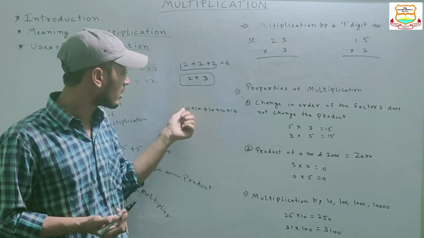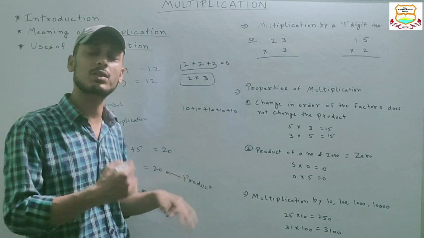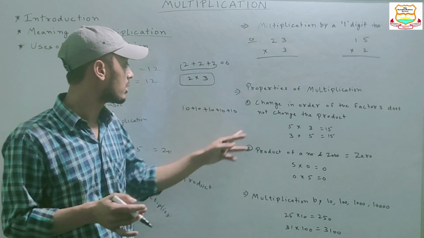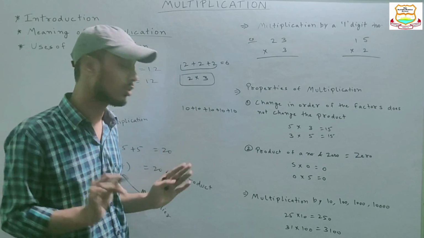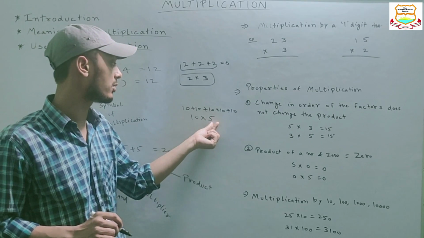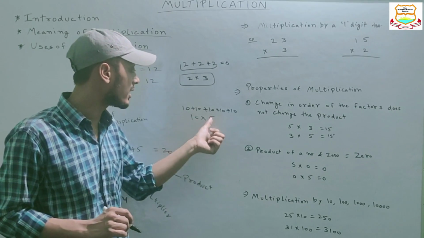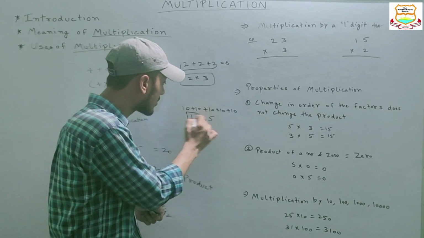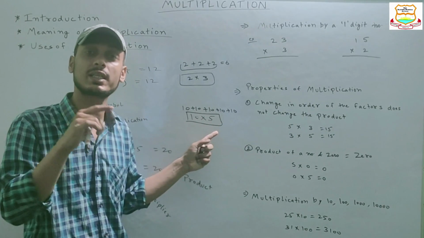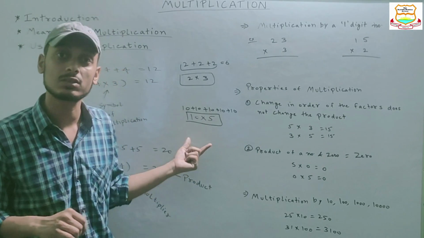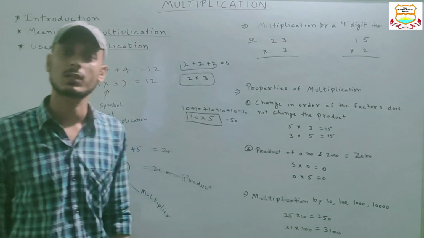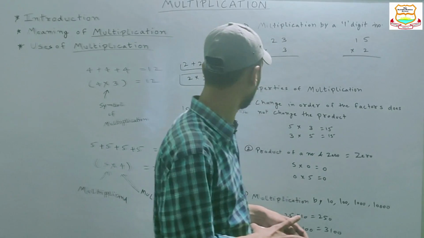In order to calculate the whole amount, you need to add the cost of one marker 5 times. If you see here, the same number is added. And in multiplication, when the same number is being added, we can represent it like this: 10 into 5, 10 multiplied by 5. The meaning of this is 10 is added 5 times. It is related to addition, a special addition. Got it? The answer will be 50. I hope you understood this.